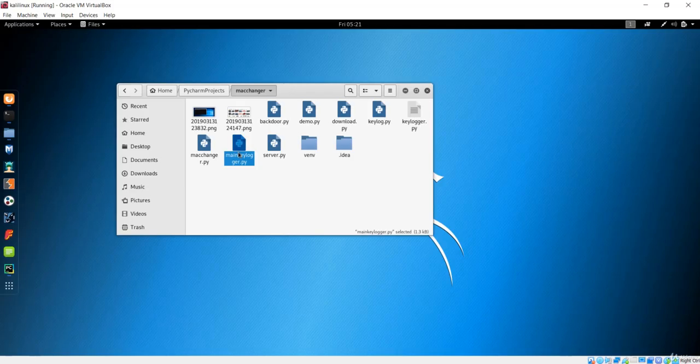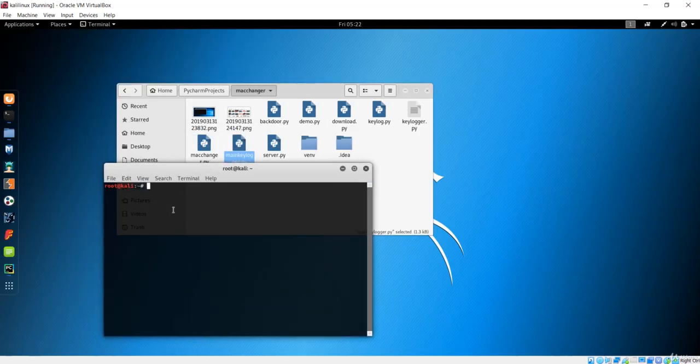Let me copy this. If you remember from the Linux part, we have the server that is pre-installed in the case of Kali, and that is the Apache server. That means we can just run the server from Apache. So we'll activate that service first of all, and that will be done by this service command. Apache 2 is the service that I want to start, and let's start this.